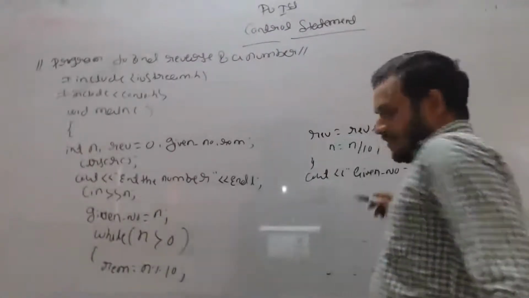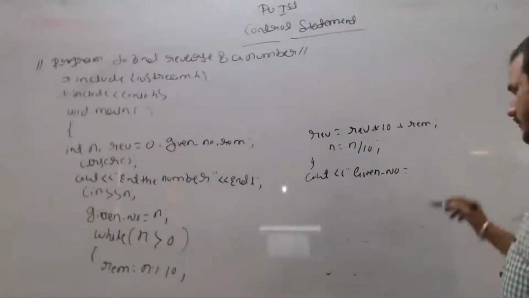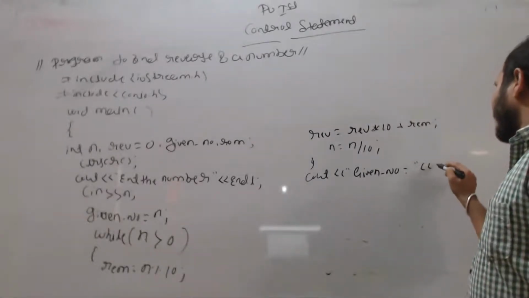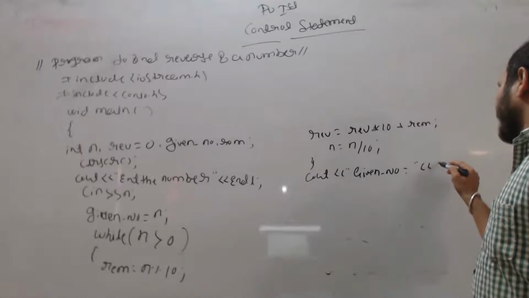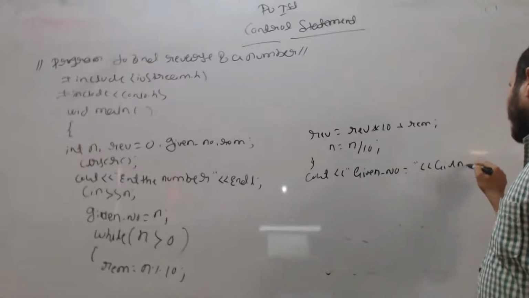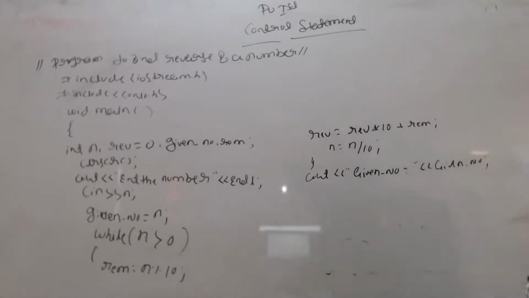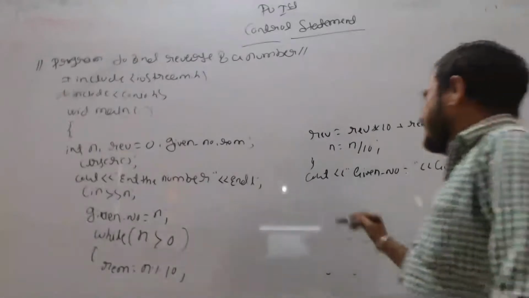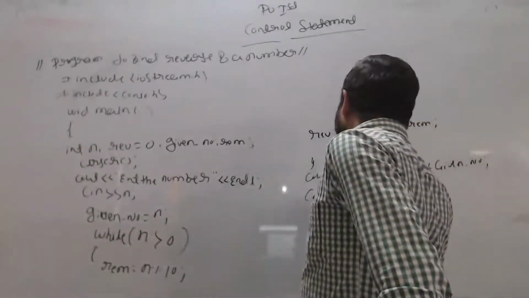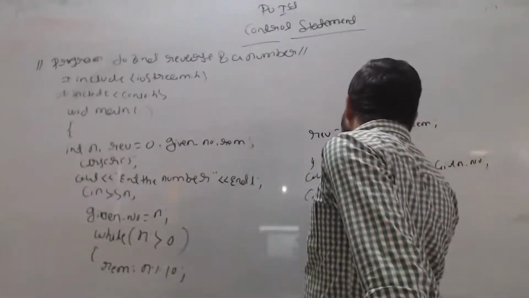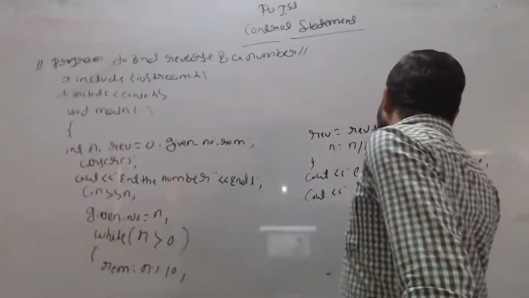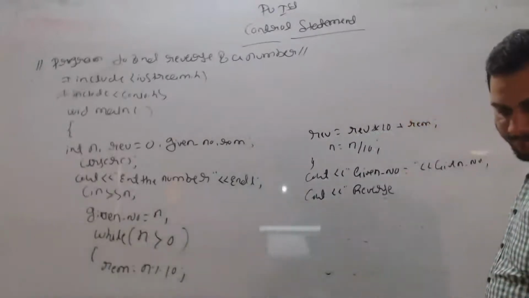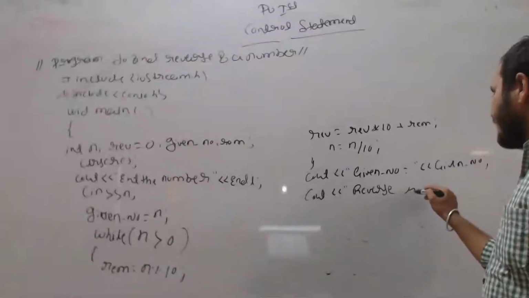cout given number which is equal to the number will be taken care. Given number, cout reverse of a number. Reverse is